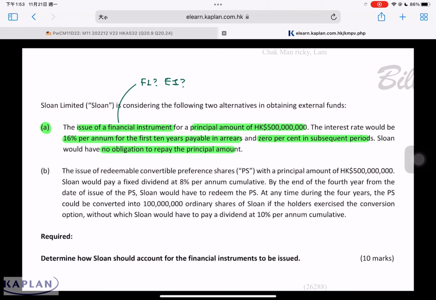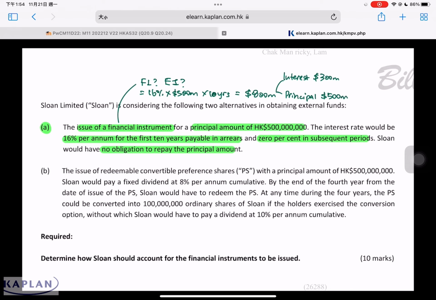In this case, although the company does not have obligations to repay the principal amount at the end of year 10 or year 11 or year 12, they're paying the principal amount over the 10 years with a high interest rate. Every year they have to pay 16% of $500 million for 10 years. In total, the entity is paying $800 million. They're paying for two items. The first item is a payment of the interest, which equals $300 million, and the repayment of the principal,